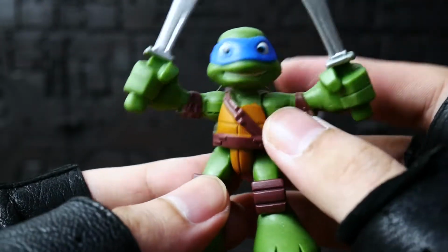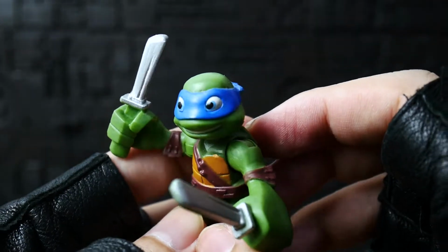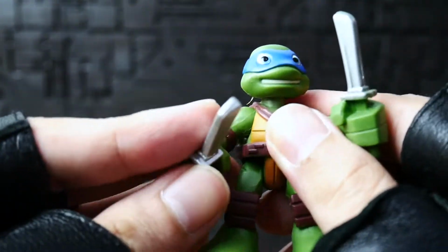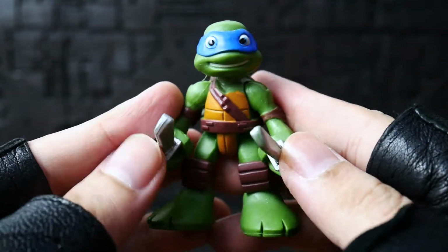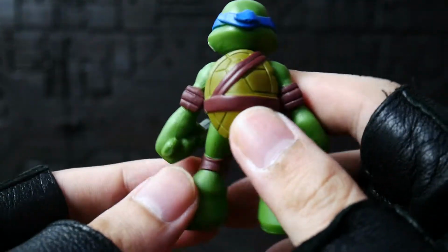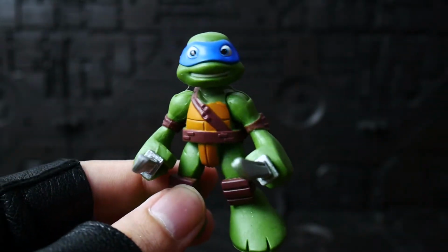Paint wise, pretty simple, but sometimes it's sloppy. But hey, this is very cartoony, just like the game maybe. All right. Anyway, that's Leo. It comes with this gimmick, which is the